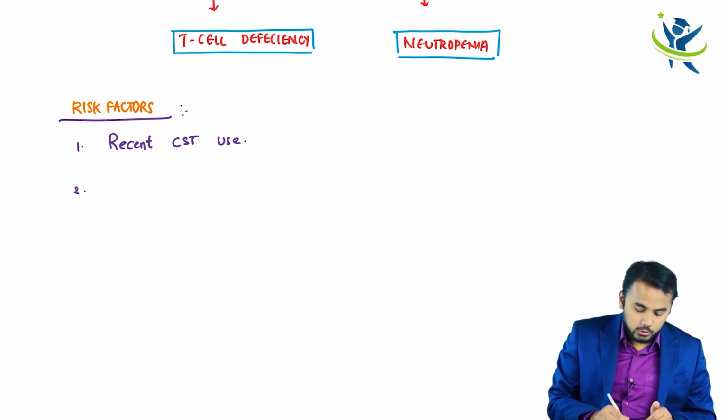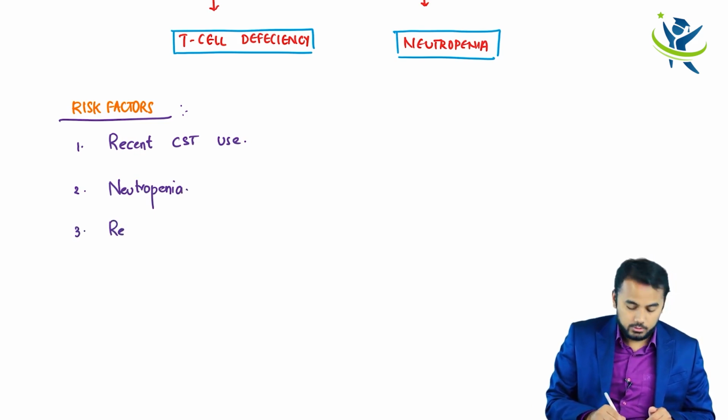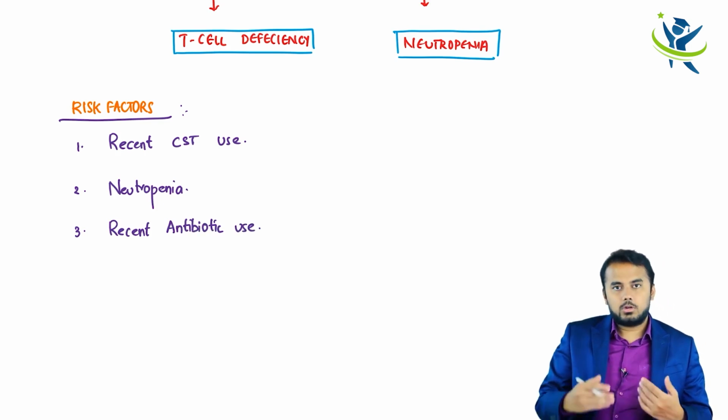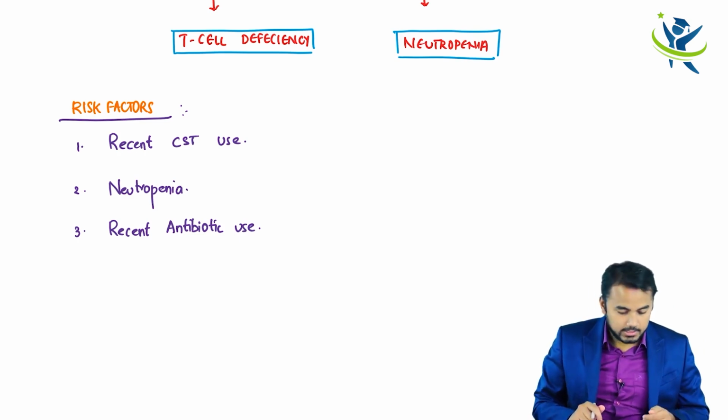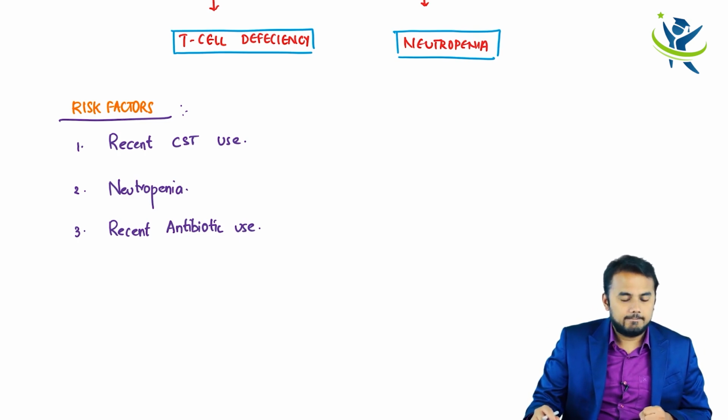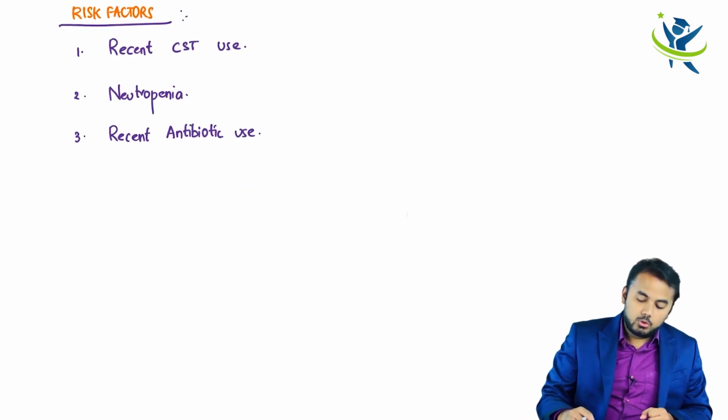Second is those group of people who have got neutropenia. And finally, those group of people who had recent antibiotic use. So, recent corticosteroid use, neutropenia and recent antibiotic use are the most common risk factors which you are going to see. Right? Now, when it comes to oral thrush,